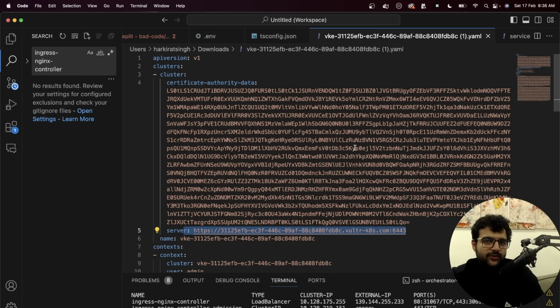This file, if you share it with someone, they then have access to your Kubernetes cluster. So basically, don't share this with anyone. I'm also going to delete my Kubernetes cluster before the video goes up, so you can't access any of my resources. Now that you have this file, where can you put it so that whenever you're running Kubernetes commands,